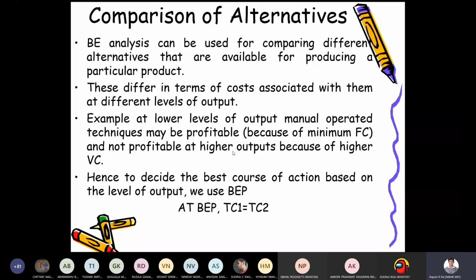These alternatives will differ in terms of cost, and are associated with different levels of output. For example, at lower levels of output, manual operating techniques may be profitable, but at the higher level they would be non-profitable. So that is one example which they have given. Hence,